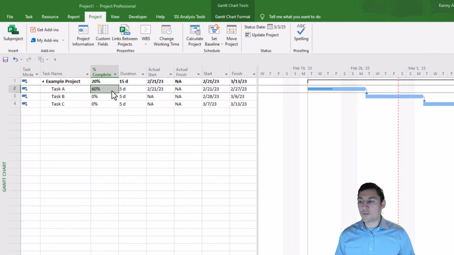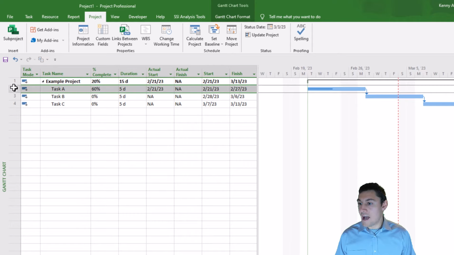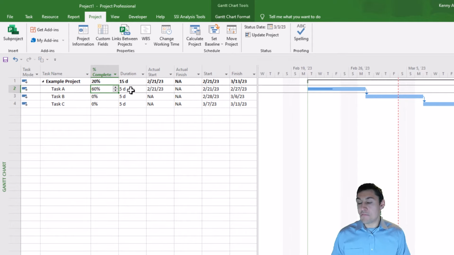A lot of times when people just enter dates in the percent complete field, they don't actually go through the proper steps of adjusting the start and finish dates of the task. And that's not good because we have no idea on task A right now when this task is going to finish. If the task truly is 60% complete, according to the person responsible for working the task, then we should